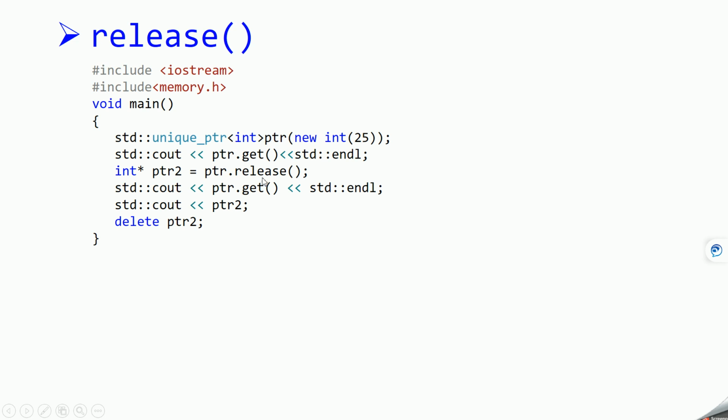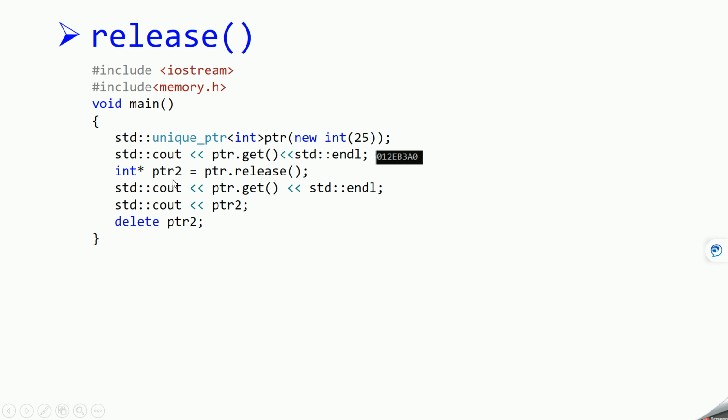When you use this release function, it will release the memory that is pointed by this ptr, and then it will assign it with null. So at this line of code, it will give you the address of some memory which is pointed by ptr.